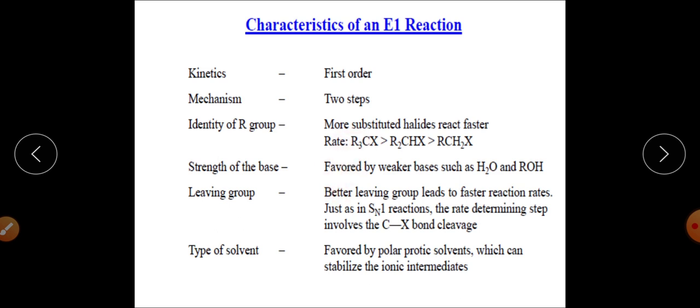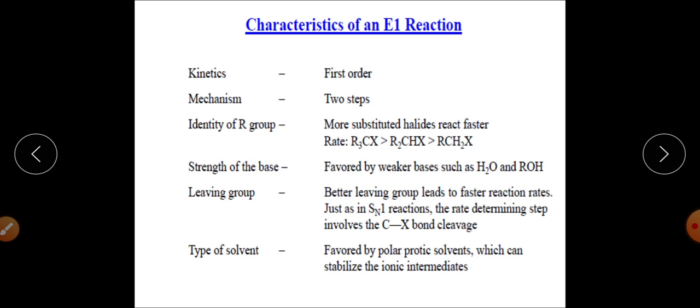So the base has different types of hydrogens, different CH3 groups, from which it can easily eliminate the H positive, it can easily eliminate the hydrogen, right? So because of that reason, the same order was there for the E2 mechanism as well, for the rate of the E2 reaction as well. So this is the substrate structure in the case of the E1 reaction.